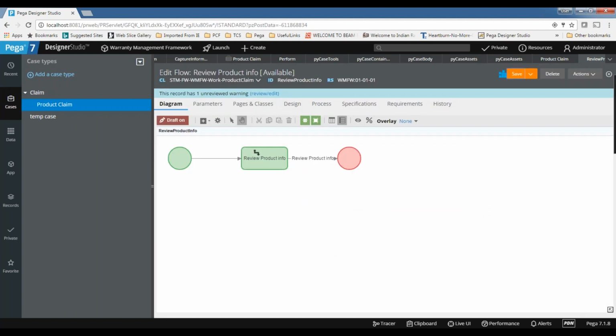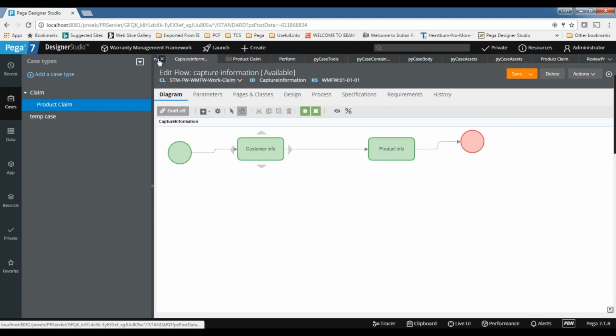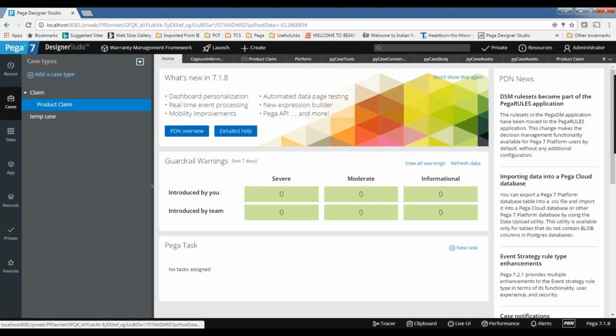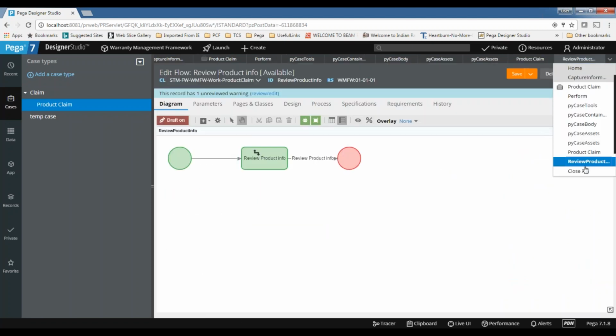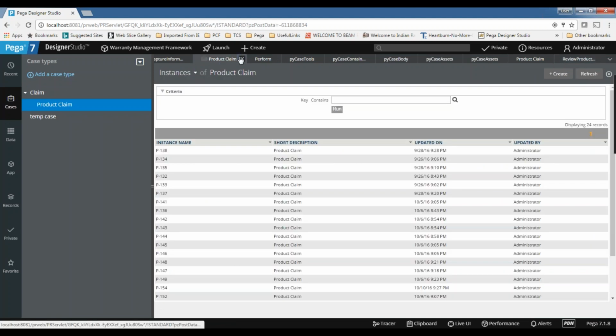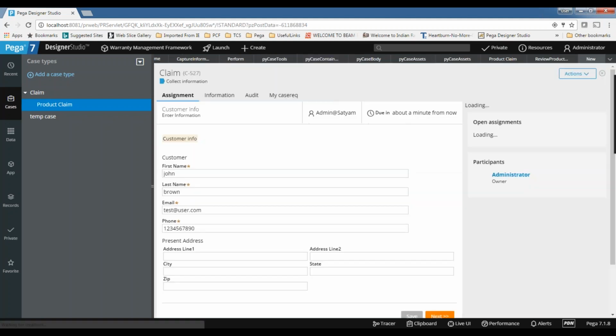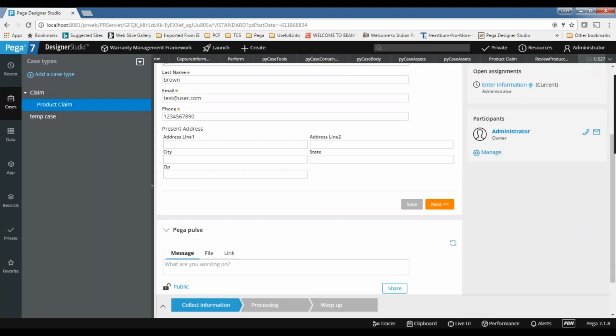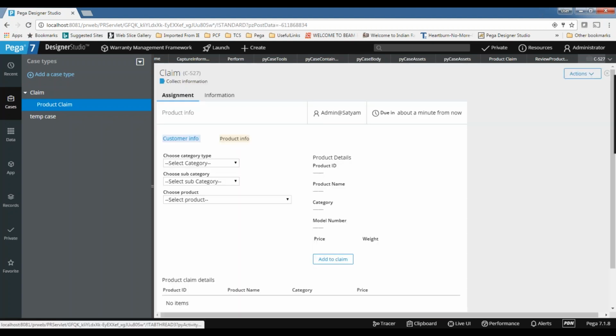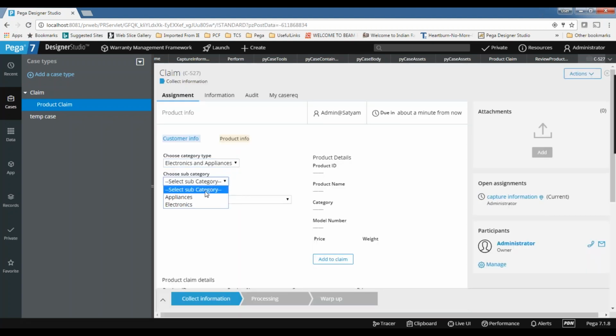You will get to know. Review harness will not give any buttons to the user saying accept or reject something. Nothing. Everything will be displayed read only. You cannot do any action. That is called review. Most of the times we don't call the review harness. Let me create a new case. Everything will be read only, and you cannot perform any action there. So if you don't want to perform any action, then you can go for review harness.